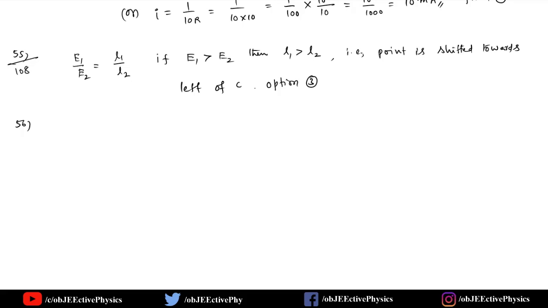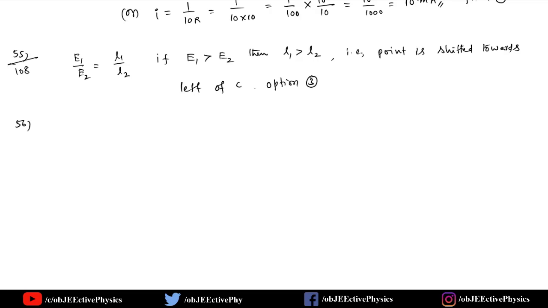Next, 56th question. In a meter bridge experiment, resistances are connected as shown in figure. The balancing length L1 is 55 centimeters. Now, an unknown resistance X is connected in series with P, which is equal to 3 ohms, and the new balancing length is found to be 75 centimeters. The value of X is,